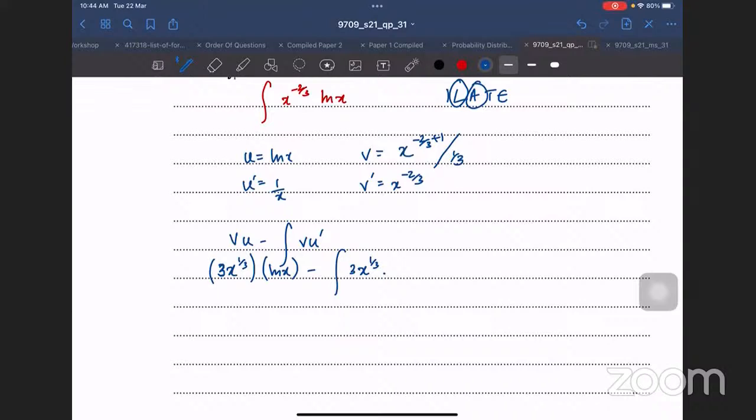Okay, 3x power 1/3 and u dash is 1 over x. So this boils down to